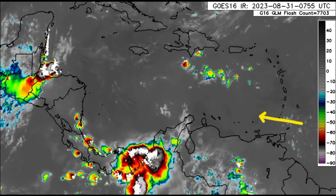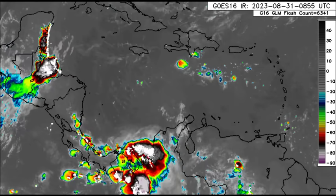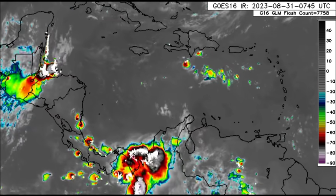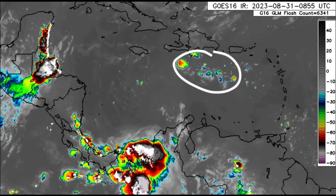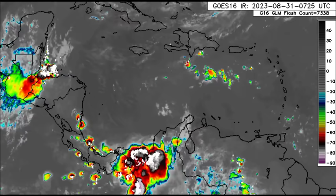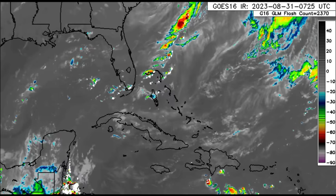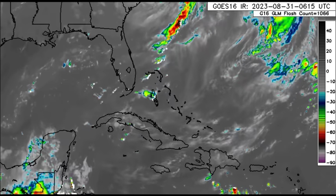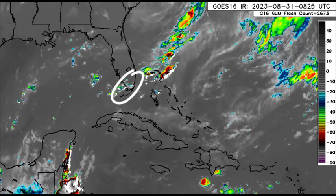A bit of scattered showers and thunderstorms streaming in from the Atlantic, moving into the southeastern islands, but there isn't anything much going on right now, nor is anything crazy expected. And that little cluster of disorganized showers we see is in association with a tropical wave which is making its way across the Caribbean. As we head further up to the north, here we can see that there's still some thunderstorm activity taking place across parts of the northern Bahamas and even going into parts of southern Florida, that residue